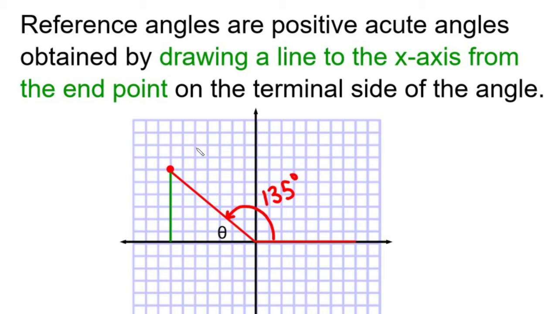Reference angles. Reference angles are positive acute angles obtained by drawing a line from the x-axis to the endpoint on the terminal side of the angle. So imagine we've got this angle and it's 135 degrees. Here's the terminal side. It wouldn't matter if you ended here or way out here. If you were to draw a line down to the x-axis or up from the x-axis, whichever way,